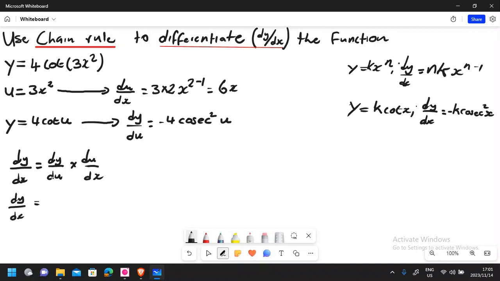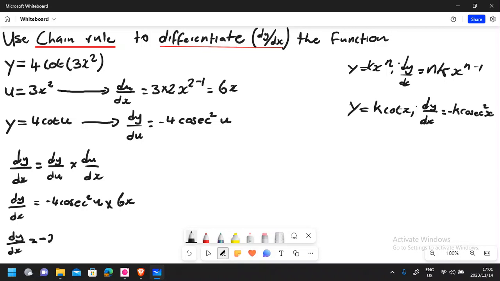So let's just substitute those derivatives. Now, what is dy over du? Dy over du is going to give us negative cosec squared u multiplied by du over dx, and remember du over dx is actually 6x. Now remember, we have to change this u here, so for dy over dx, first of all we can say negative here, and we can say 6 multiplied by 6x multiplied by negative 4,